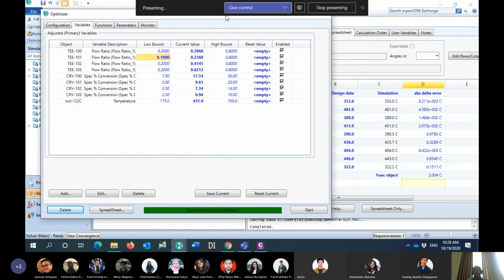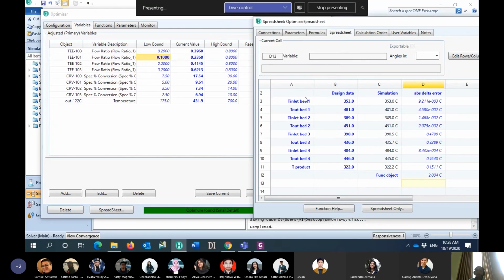Okay, the total error, 1, 2, 3, 4, 5, 6, 7, 8, 9. So 2 divided by 9 is around 0.2. You can see here that the error is very small. 353, 4081, and then 39 something are almost close to each other.